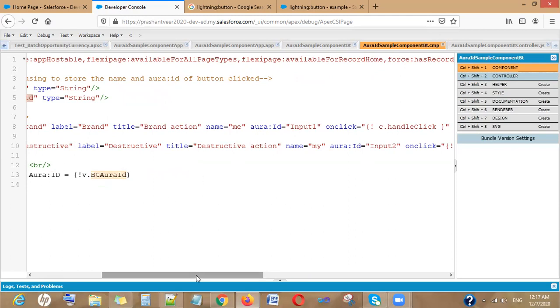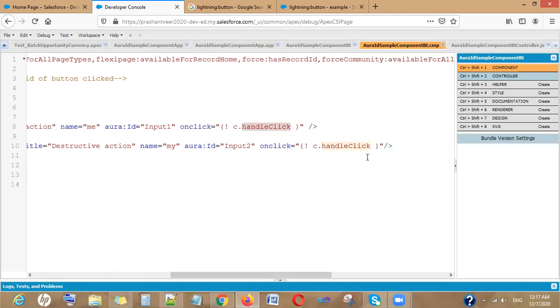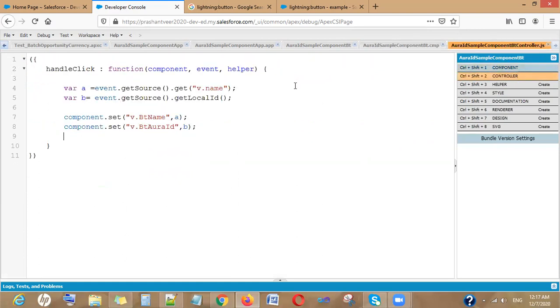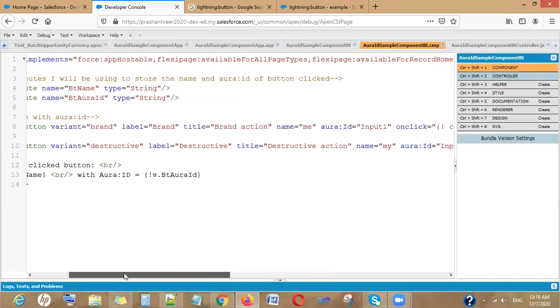Okay, now both buttons have the same method, which is called on click of the button. Using event.getSource.get, I will be getting my button name, and using event.getSource.getLocalId, I will be getting the Aura ID. Just for your understanding, whatever value I get in this variable, I am putting in my attribute, and I'm going to display it here. Okay,